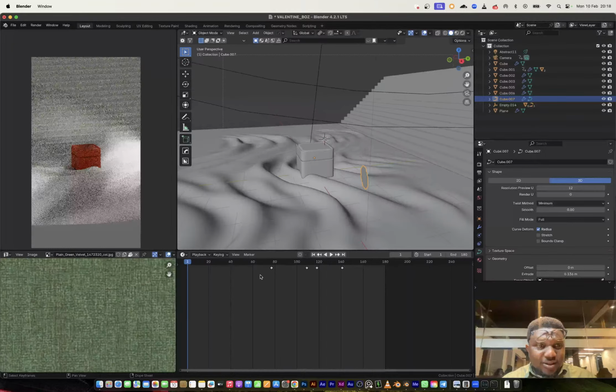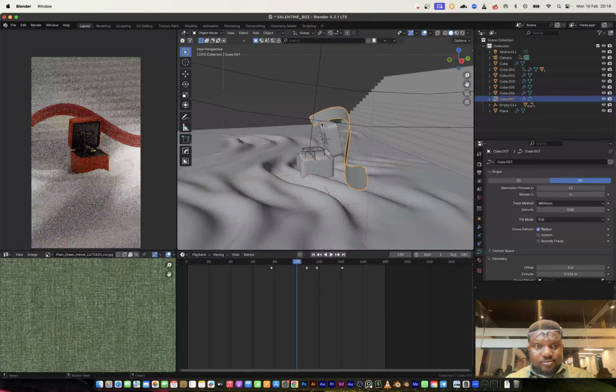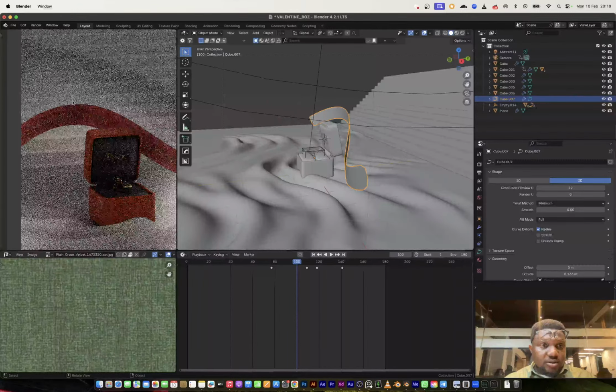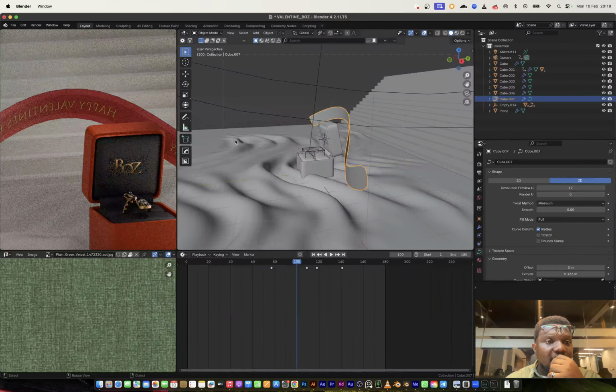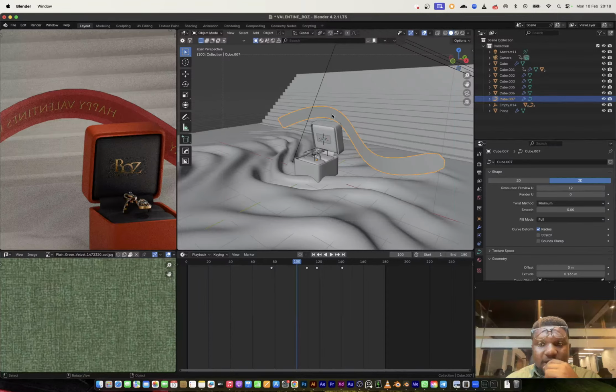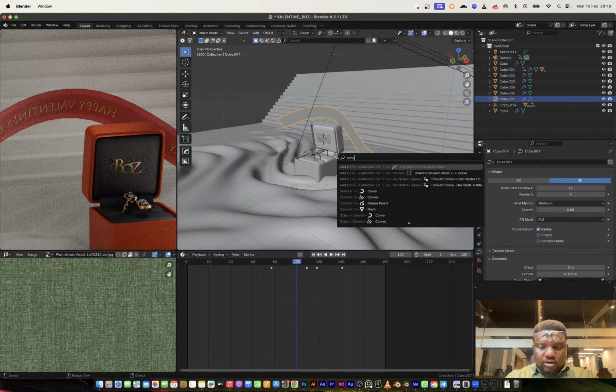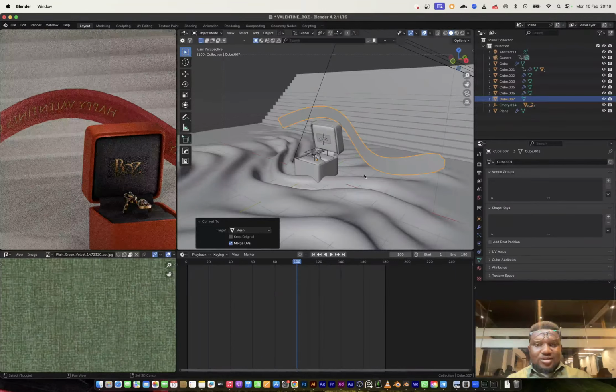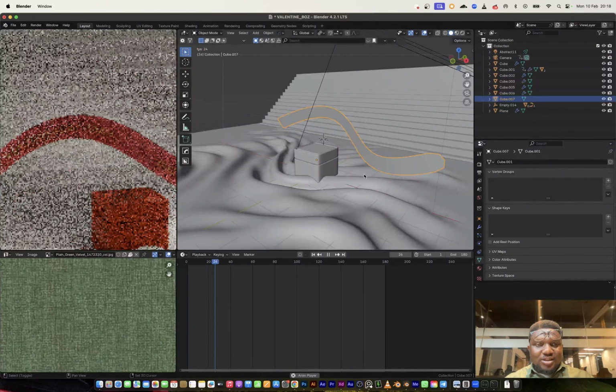Wow. Okay. Calm down. Think about this. Can I, if I change this to a mesh, convert to mesh? The animation is gone. The animation is gone.